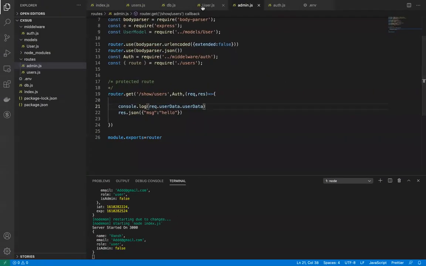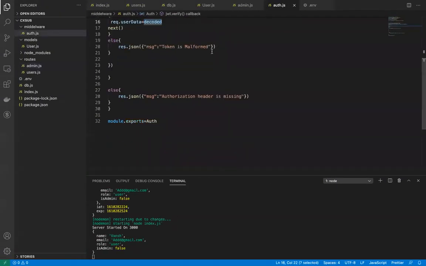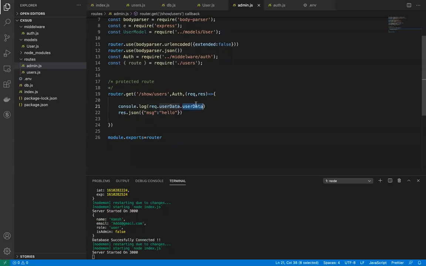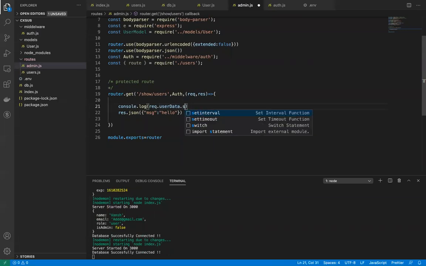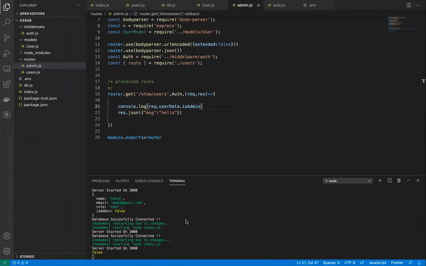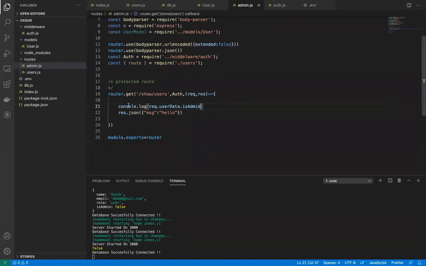Yeah, so actually we did it twice over there. So I will just simply do one thing, recorded dot user data over here, so that it will not be a lot of things like this is admin. Okay, so now I can get if it is admin or not, it's false. Okay, so I will just simply do this simple if else condition over here.